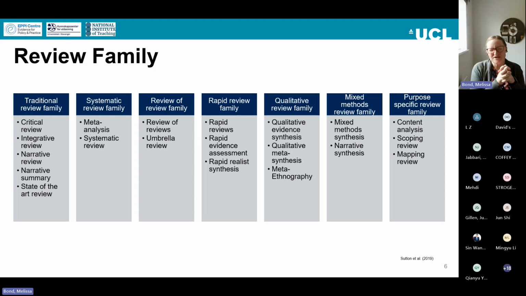Other tools are more general. The Mixed Methods Appraisal Tool is one that I've also used in quite a few of my reviews. I use that because it has separate sections for quantitative, qualitative, different types of quantitative studies, and mixed methods. It has specific questions pertaining to the type of method that was used. So that's also one that I would recommend, and I'll share those links with you.